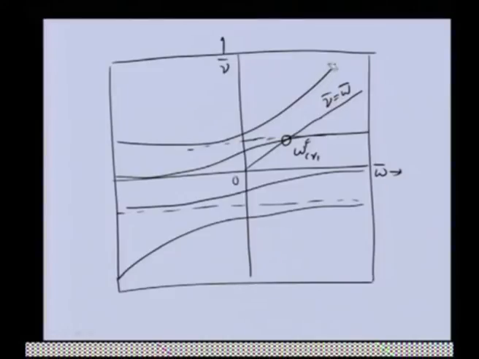So, there will not be a second forward critical speed, but if we draw another line which is nu bar is equal to minus omega bar, then we will be having 2 more critical speeds. This will be the first critical speed backward whirl, this will be the second critical speed backward whirl. So, in this particular case we are getting 2 backward whirl critical speeds, but only 1 forward critical speed; the second forward critical speed is not feasible.